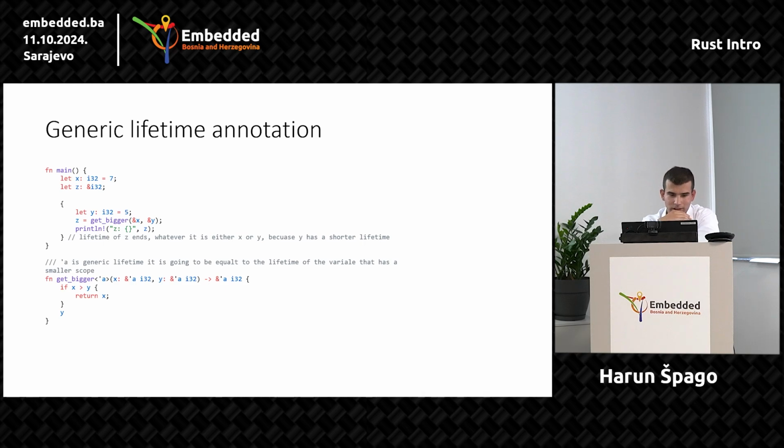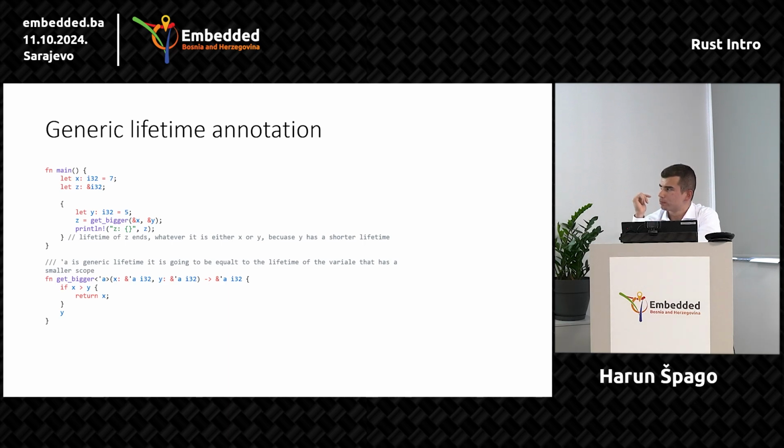Let's say that the value epsilon is bigger than x, and that this print statement is not here. It is outside of this scope. And then when we run it, we will still be making a dangling reference, but we wouldn't notice it. So in Rust, this program will get compiled,